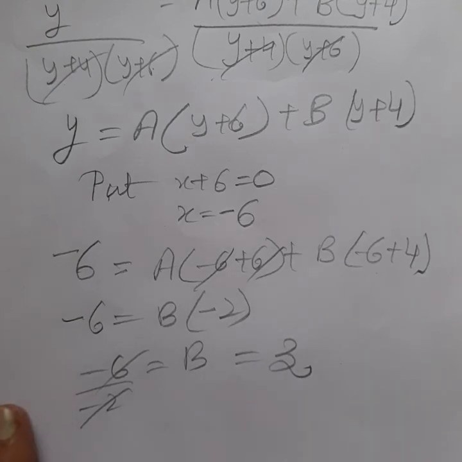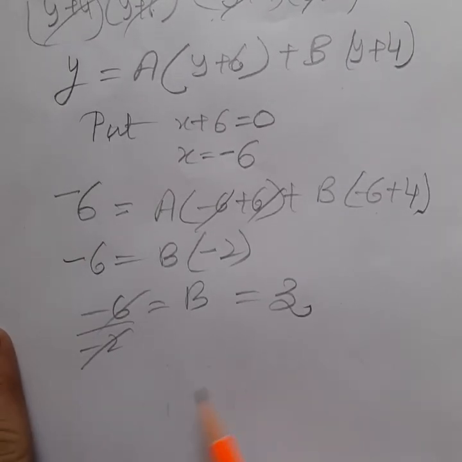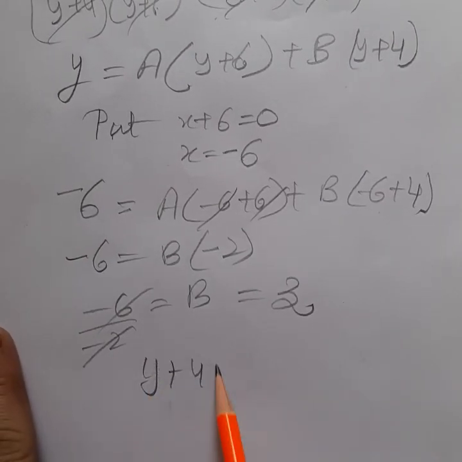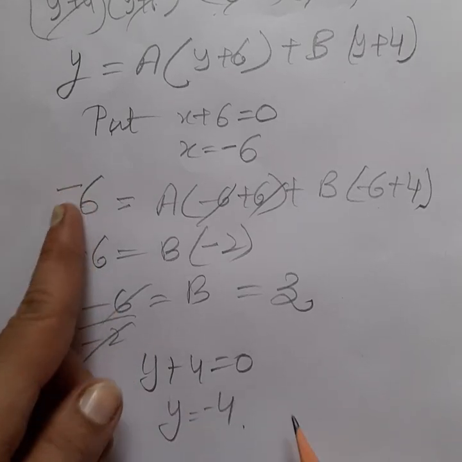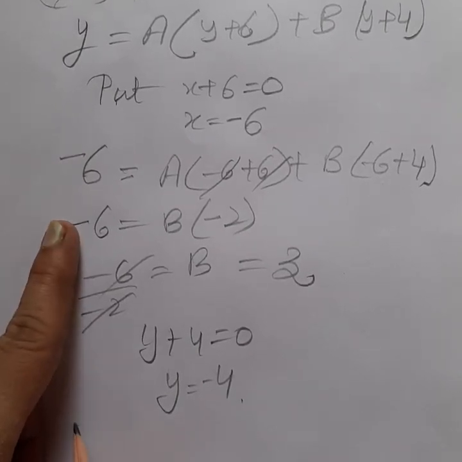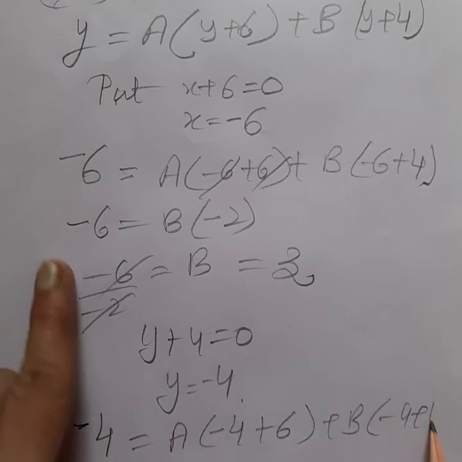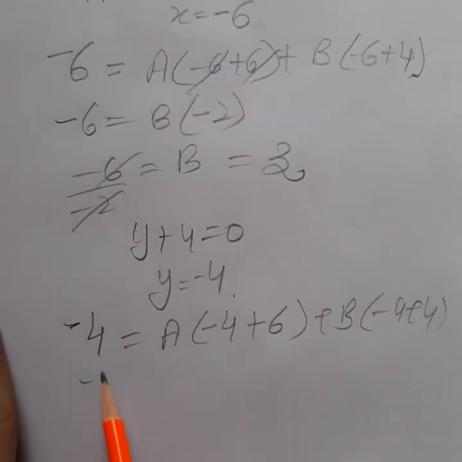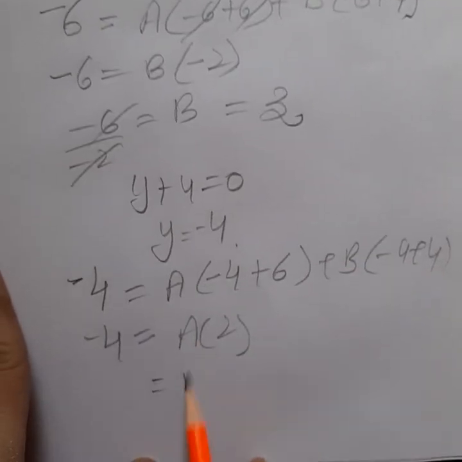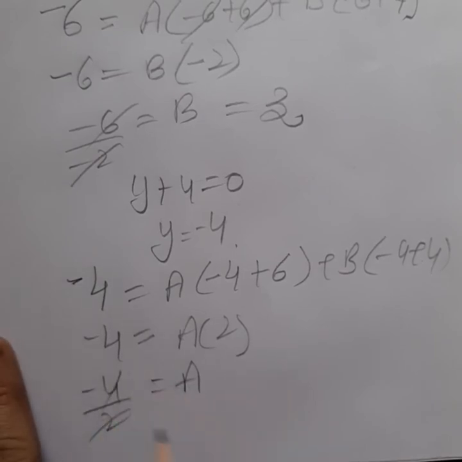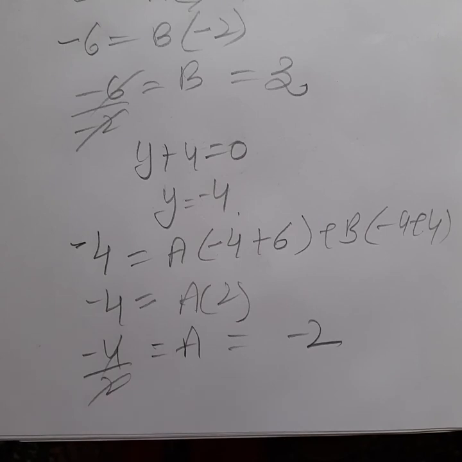So students, to find the value of a also, we put our other brace, that is y plus 4 is equal to 0, and we get y is equal to minus 4. In the same way, we put here minus 4 instead of y, and we get a times minus 4 plus 6, and within the b, minus 4 plus 4, as we have done earlier. Then we get minus 4, 6 minus 4 is 2, and in the same way we get b as 0, and the value of a is minus 4 upon 2. By cancelling it we get the value minus 2.